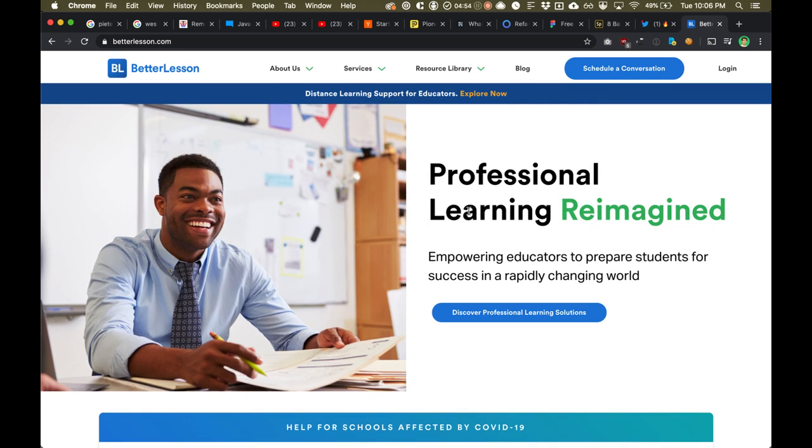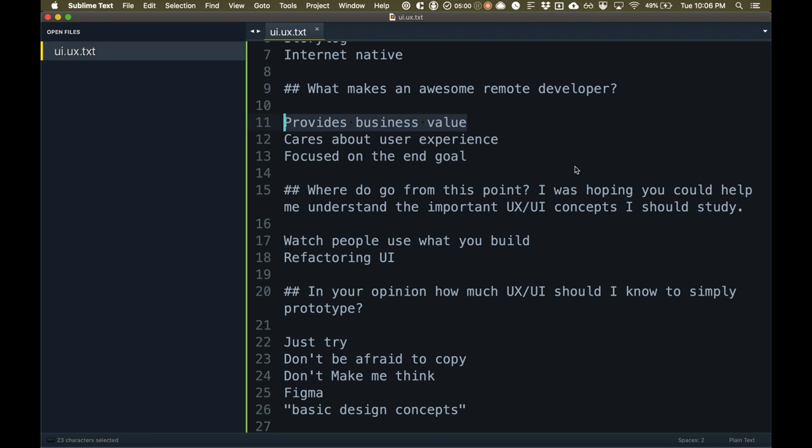Are they experiencing a fast website, something that makes sense to them? I was doing a lot of user testing, stuff like that. And I wasn't as focused on the end goal of, is the company making money? Is the company converting customers? Is the company conveying its value enough that it's able to make money?